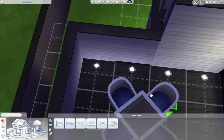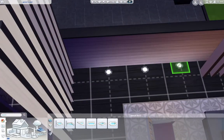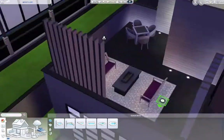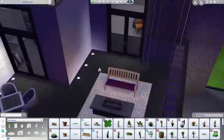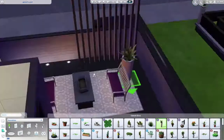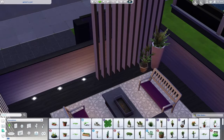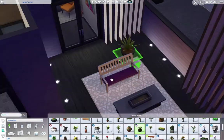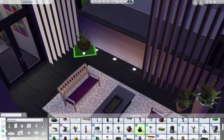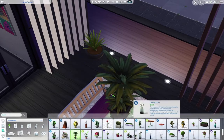This home is playing with colors a lot. Even though the home is kind of on the neutral side, there are pops of colors that I really like, and there's no super strong color scheme or anything like that. I did use a lot of different colors, trying to make it a little bit color happy, color friendly. And yeah, this outdoor section is gigantic. You have a huge section for just lounging. You have an